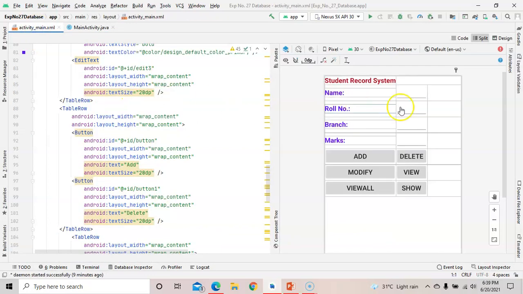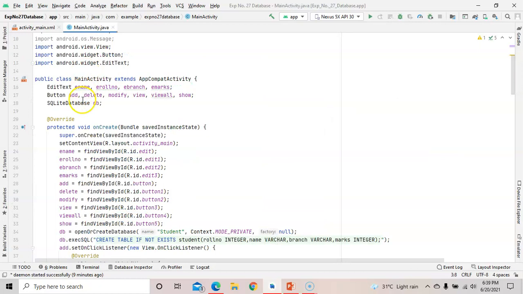So ename is the object of this edit text, this is eroll number, this is ebranch and this is emarks. So 4 edit texts, 4 objects. Now we have 6 buttons. So I have created the 6 objects of button, that is add, delete, modify, view, view all and show. So 6 buttons and 6 objects.